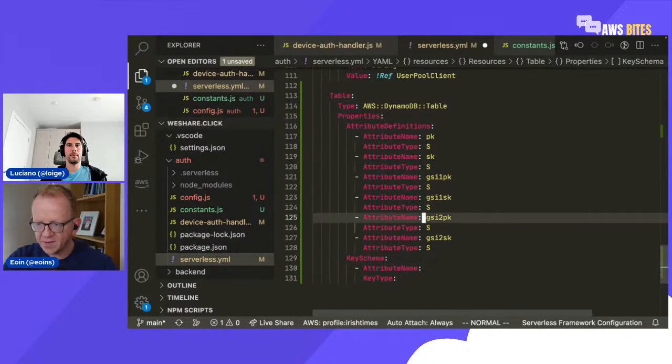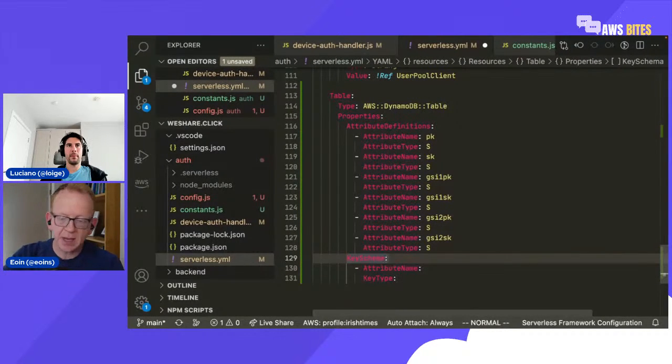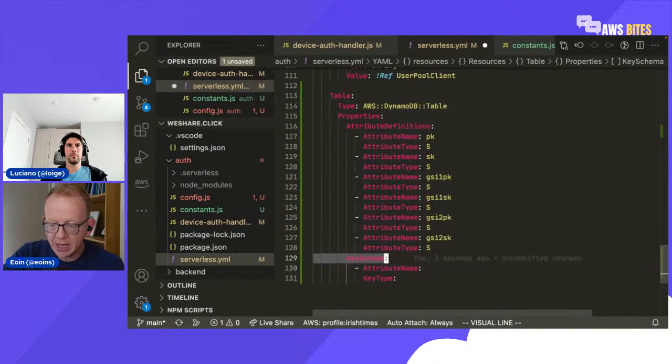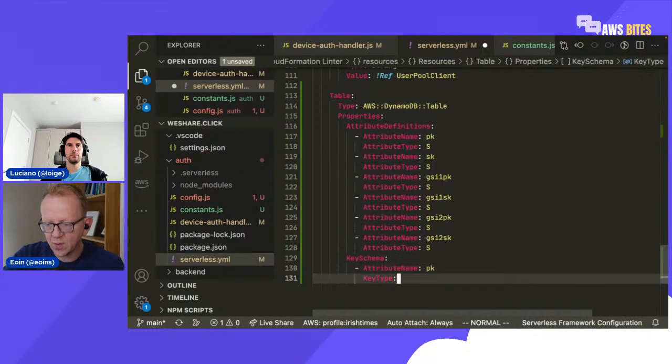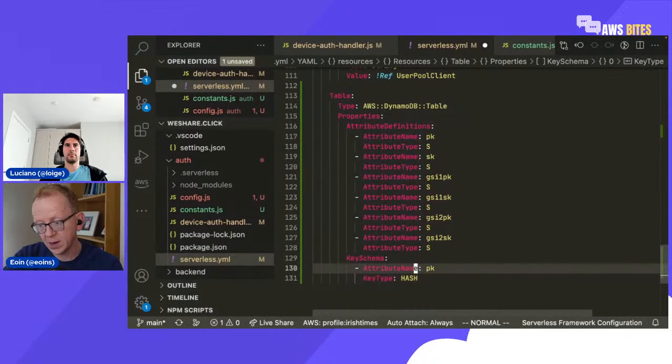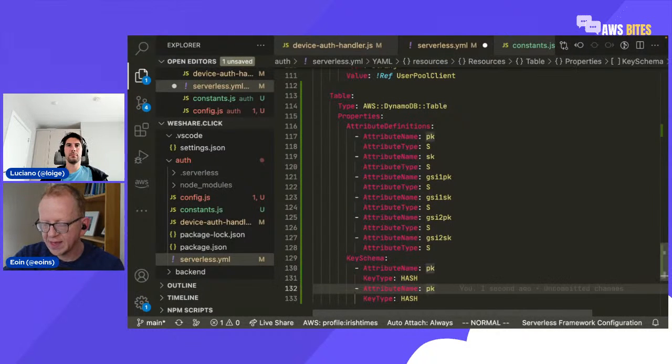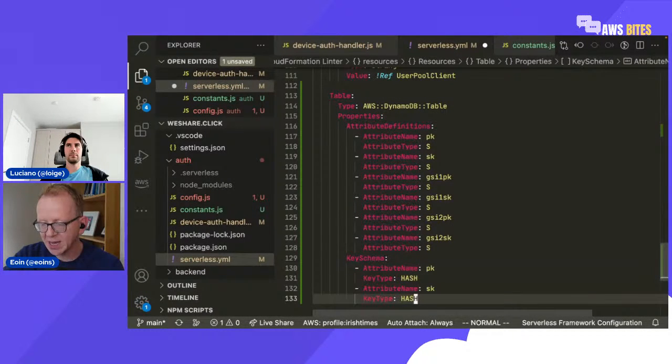So when you have your attribute definitions, then you can just specify which of these fields are my primary key, and that's in your key schema. So we know that the partition key, we have to specify, is called PK. We have to tell DynamoDB that this is our partition key, and you do that by saying key type HASH, which is another name for partition key. And then we can copy this for the sort key, and the key type for sort keys